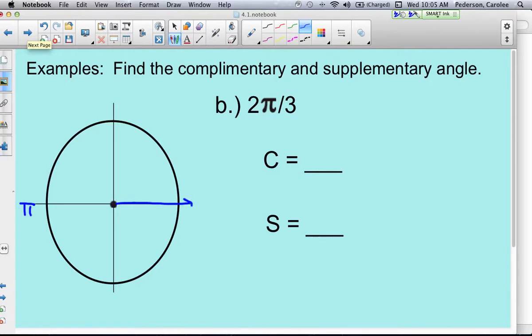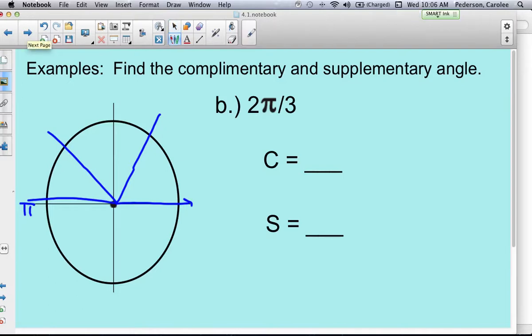There's my initial 0 degrees. There's my 3 pieces. How many am I going to take with me? How many pieces of the pie? 2 of them. And take 1 pi over 3. I have to come over here to 2 pi over 3. So there's my angle,